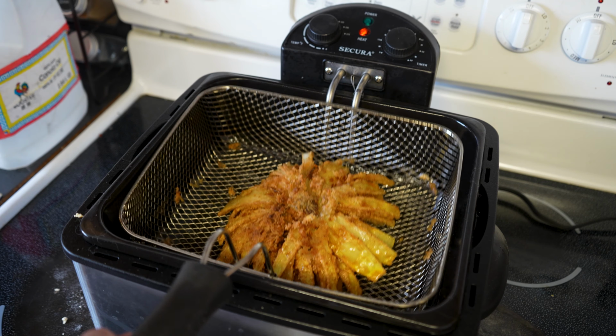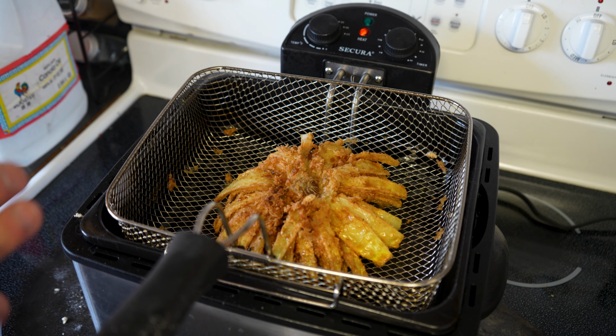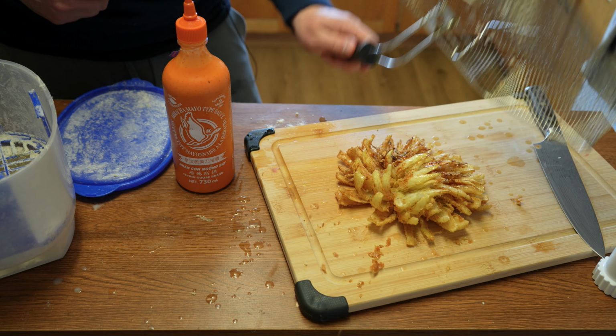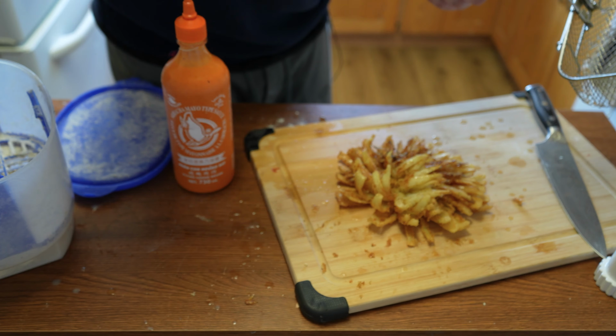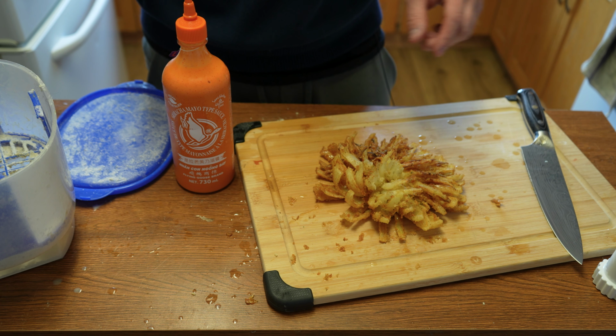Okay, so that should be good enough. We can see it's pretty golden brown. I'm going to lift it up, and we're just going to let it strain for a few minutes before we take a look at the final results and give it a flip. All right, let's give it a little flip. Moment of truth. Woo! Now, I'm not going to sit here and say it is the most beautiful Bloomin' Onion, but